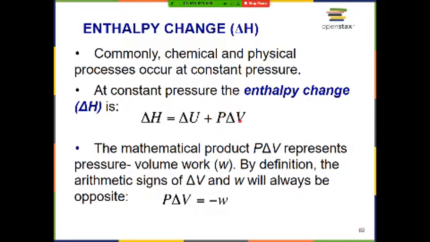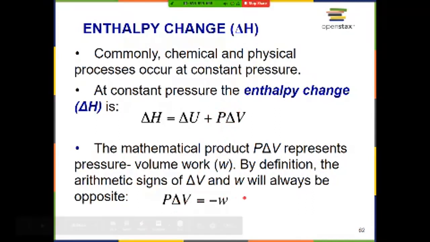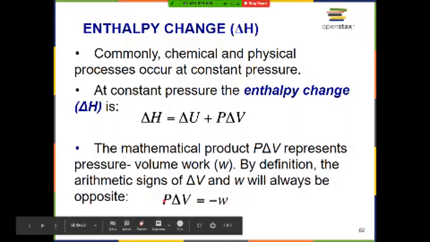And P delta V, pressure times change in volume, is the same expansion work that we were discussing before. And if we think about P delta V as being equal to negative work, those are going to always have the opposite sign, because if pressure is constant, delta V, if the volume is